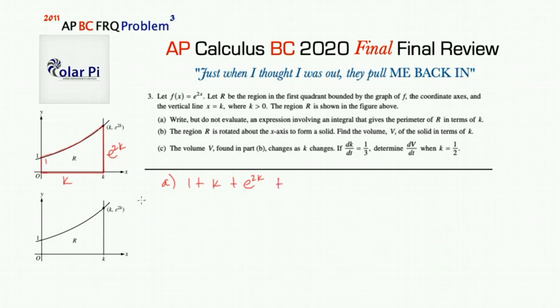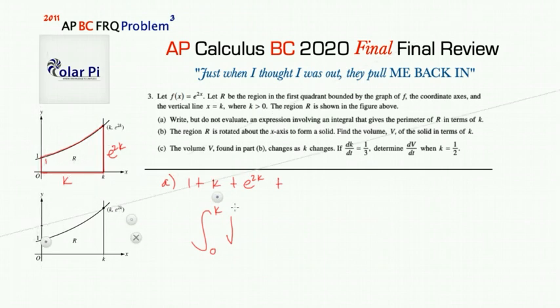And remember, the line integral, if your function is in the form y equals f of x, would have to be the integral from whatever limits of integration. So here they'd have to be 0 to k, right? Because that curve right there concerns those x values. And then it's going to have to be the square root of,